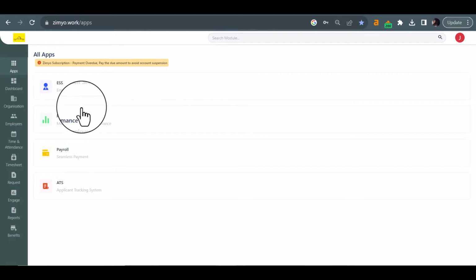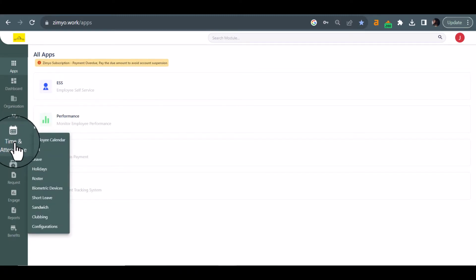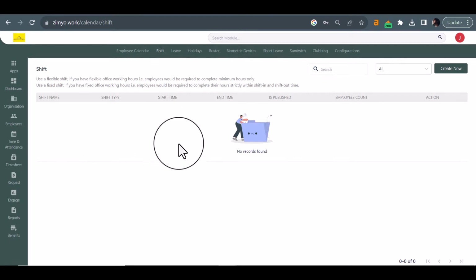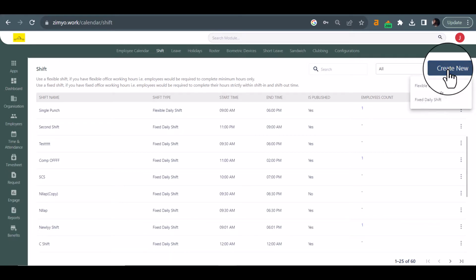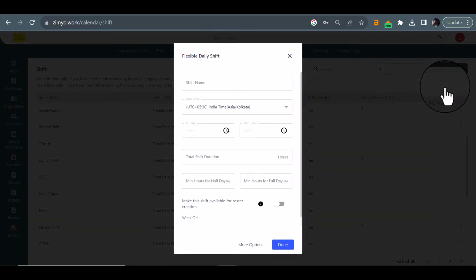Then go to Time and Attendance option and click on Shift. And you will be redirected to Shift. Go to the right side and click on Create New. It shows Fixed and Flexible Daily Shift. Click on Flexible Daily Shift